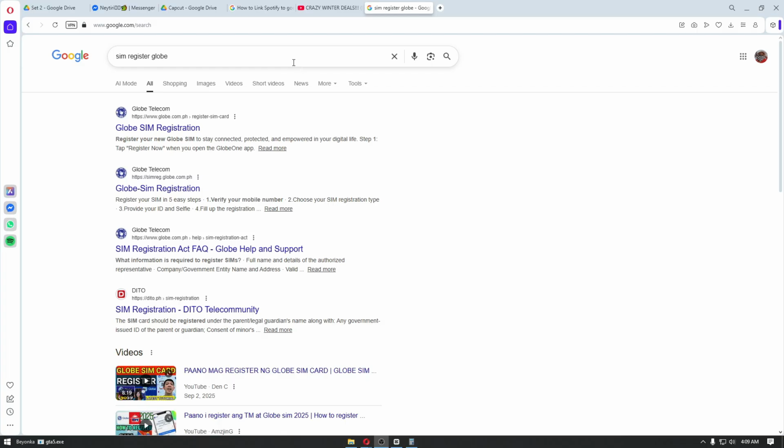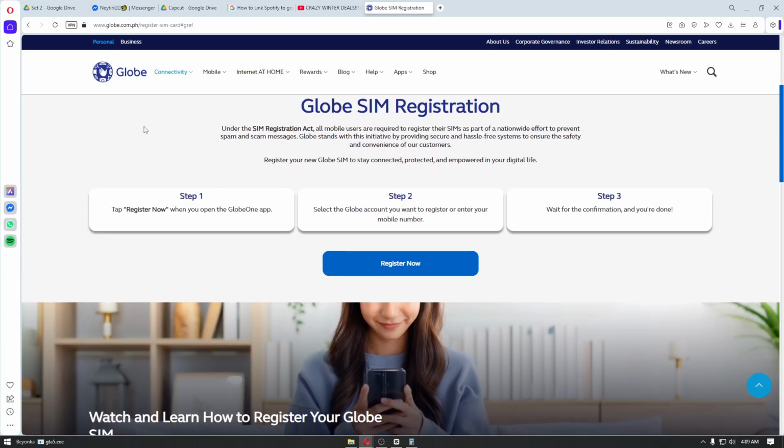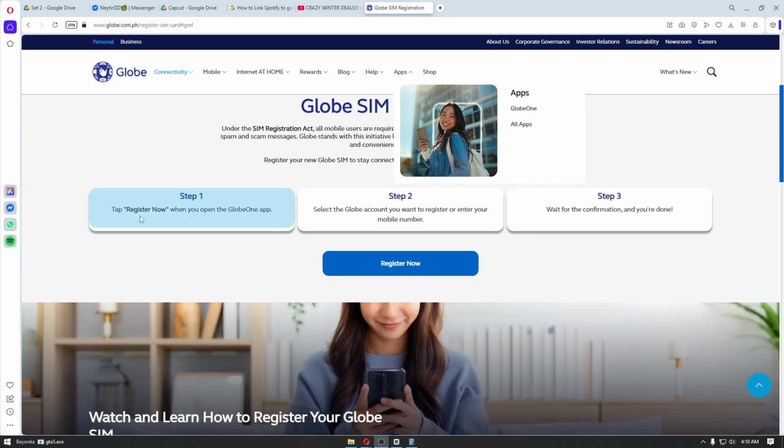Basically, the steps are going to be the same. If you're using TM, just type TM, or if you want Globe, type Globe. From here, you want to navigate through their official website, which is going to be globe.com.ph-register SIM card. From here, you have multiple options like the tab Register Now when you open up the GlobeOne